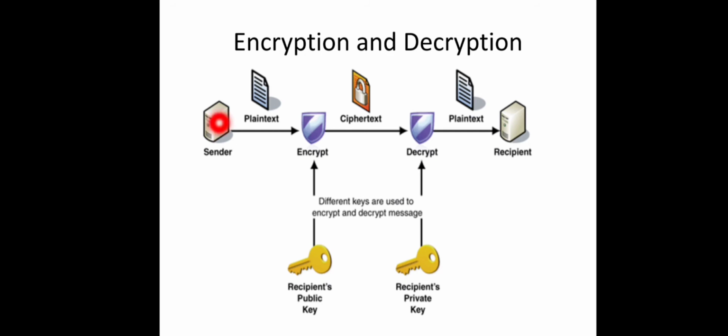So at the sender side, the presentation layer will convert this information into some other, protected form. The data from the user is called plain text, and we will convert that into some other form using an encryption method. So we have a lot of algorithms to convert this plain text into ciphertext. Okay, encryption algorithms are there, and the basic technique is that we have a public key and a private key.